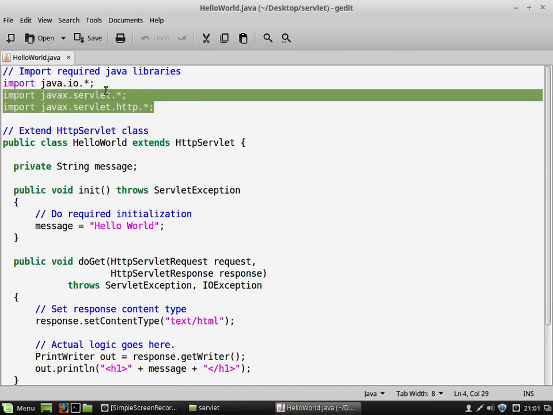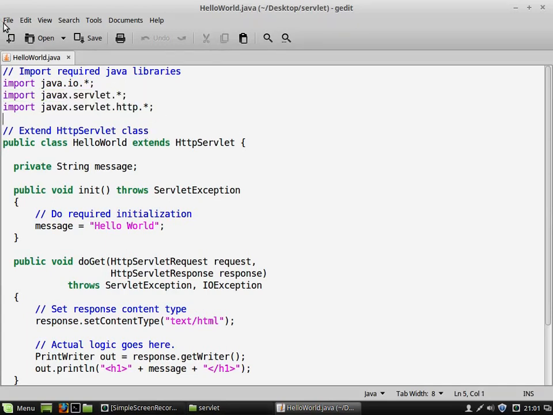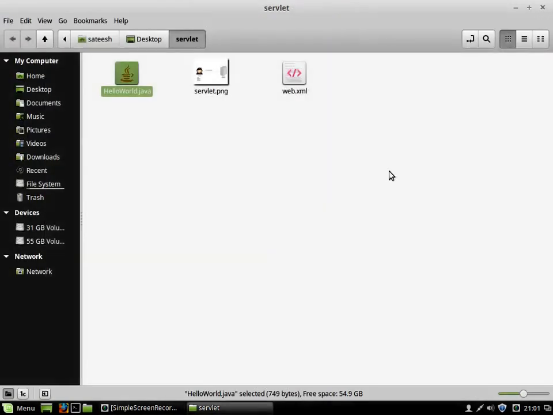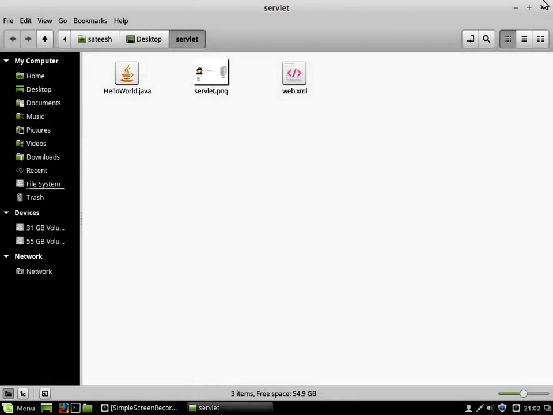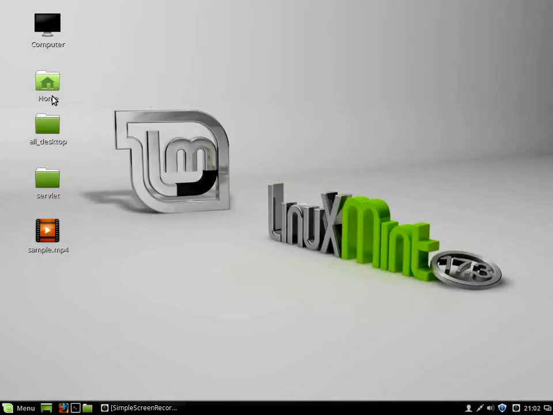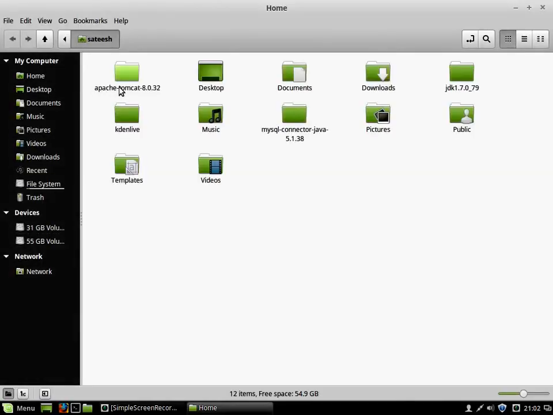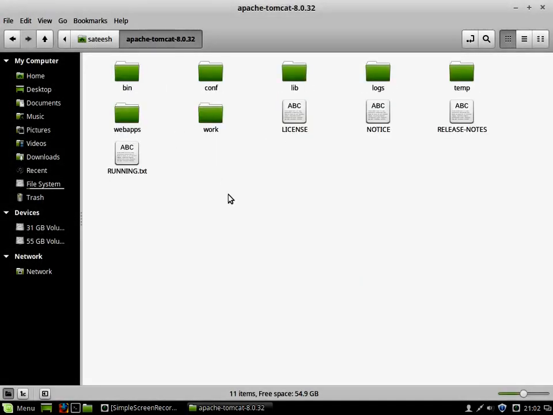So we are importing these two packages in our program, but actually the Java bin doesn't have these two packages. That's why some jar file from Apache Tomcat has to provide them. Otherwise we cannot include these two packages. So where is that jar file from Apache Tomcat? We'll try to locate that particular file now. In home, let's go to the Apache Tomcat folder. In the Apache Tomcat folder, you can see this folder called lib, meaning library, Apache Tomcat's library.